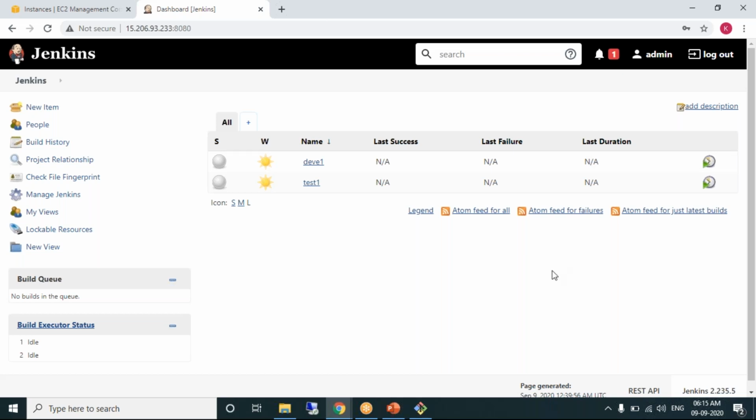Okay. As we now know the need for master slave configuration, we'll see the practicals of how to do that.